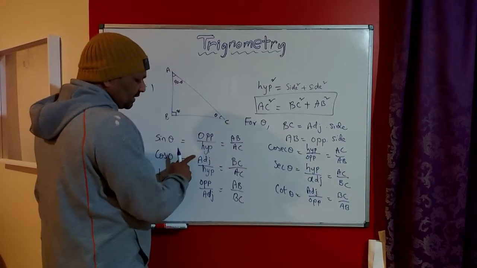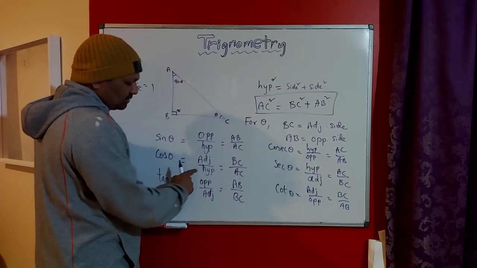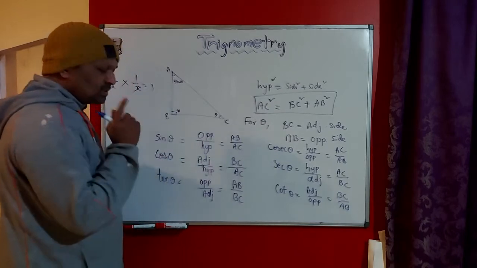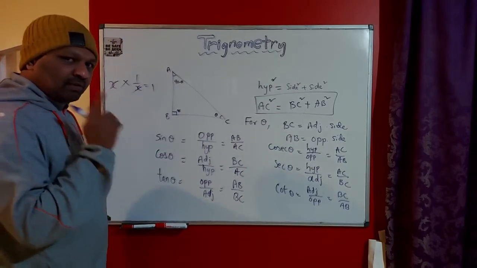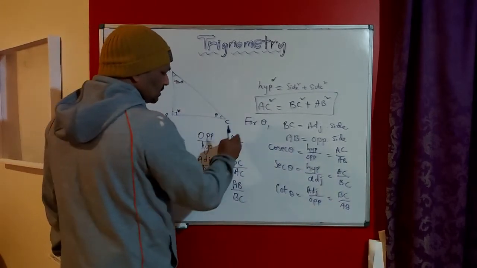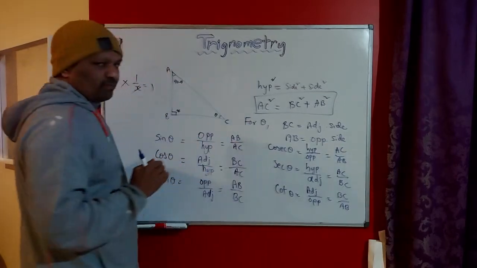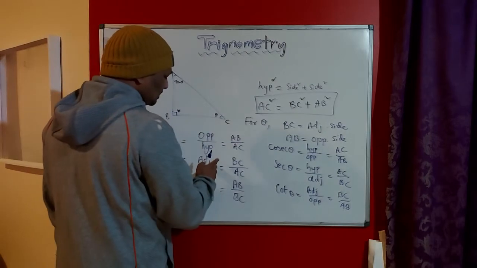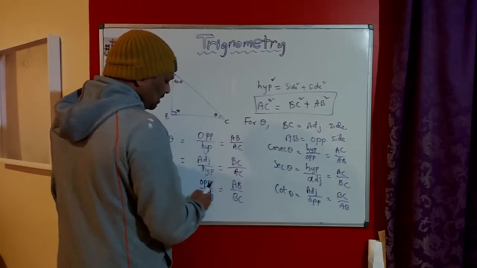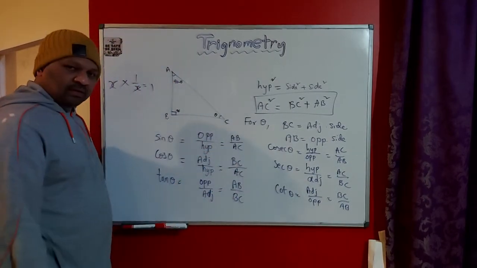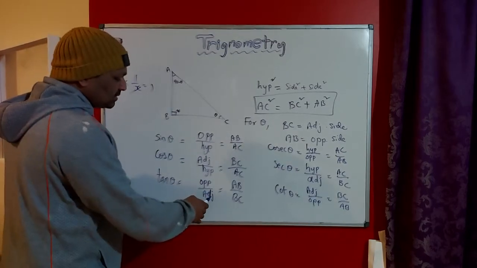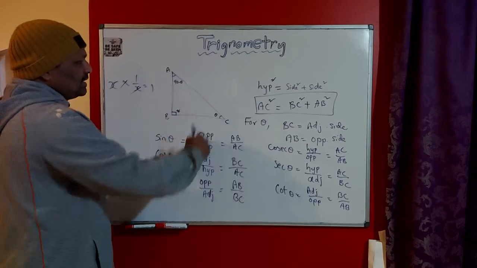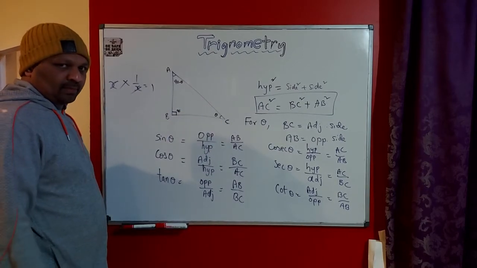Similarly here, adjacent is again a smaller value. Hypotenuse is the longest. The smaller by bigger should always be less than or equal to 1. So these two ratios are less than 1. The maximum value of these ratios is 1. For the other one, it can be anything, because opposite and adjacent we have no control. It varies with the size of the triangle.